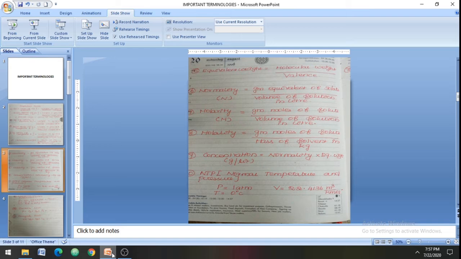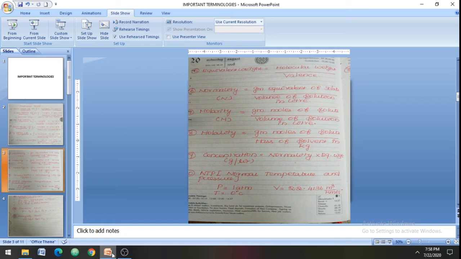So what is the equivalent weight of sodium hydroxide? Molecular weight of sodium hydroxide is 40. Valency of sodium hydroxide is 1. 40 by 1 is equal to 40. In this case, equivalent weight is equal to the molecular weight of sodium hydroxide. Both are 40. But if you calculate for any other type of compound, the equivalent weight is a different value from the molecular weight of the compound. Next, normality, molarity and molality.